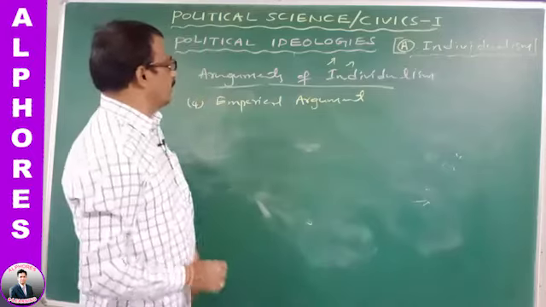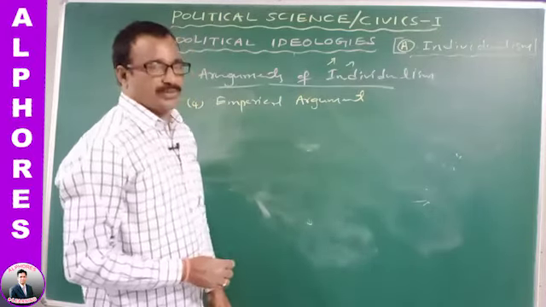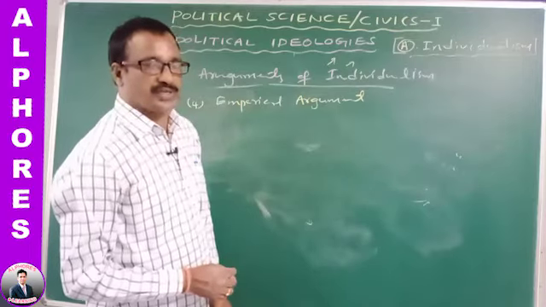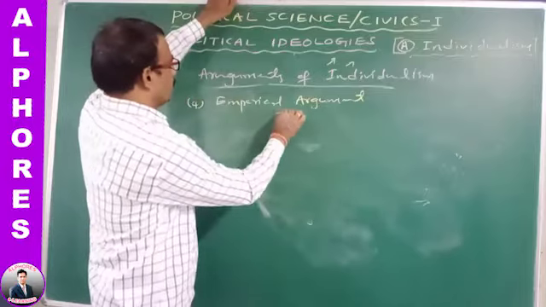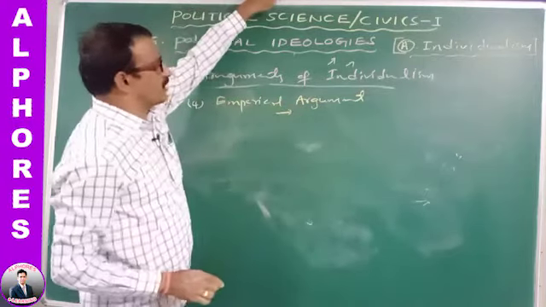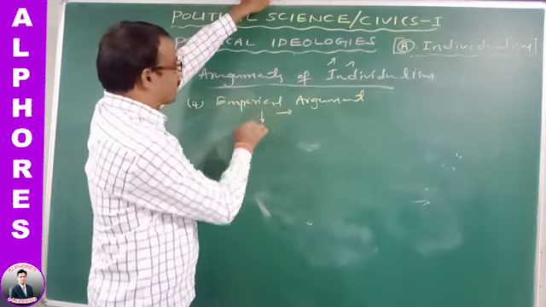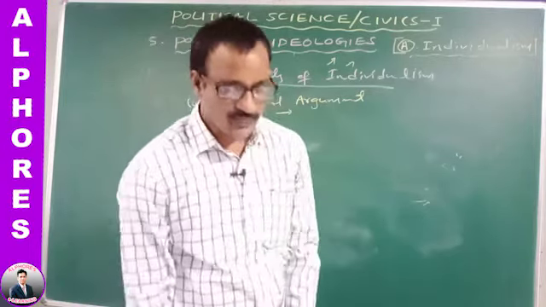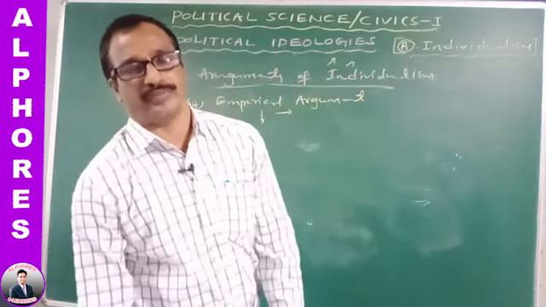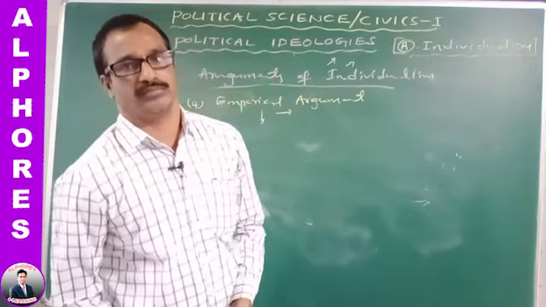It is also called a political argument. It was developed by J.S. Mill. Empirical means experience. Here, experience shows that whenever and wherever the state regulates and controls the industries,